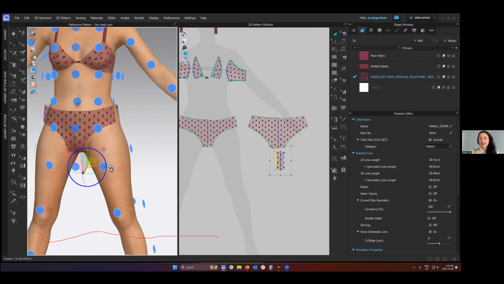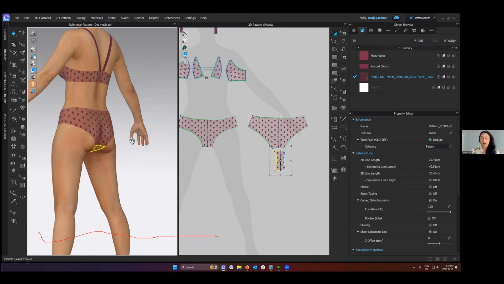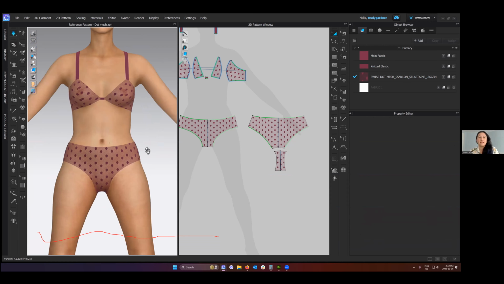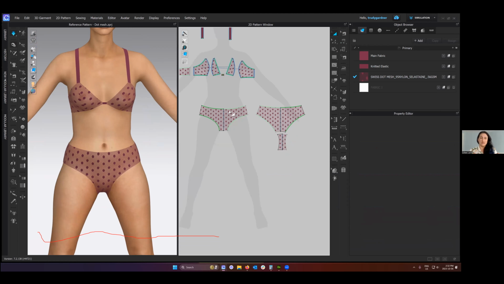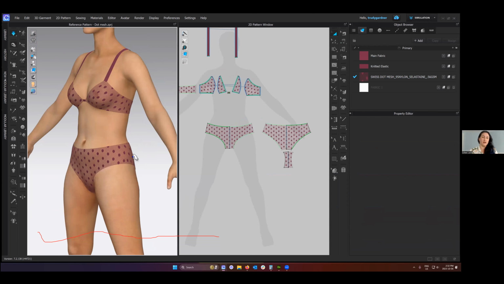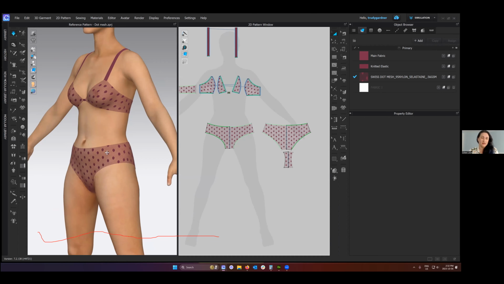And then the next tool I like, which I'll just speak about at a high level, and I know the team's going to talk more about it in detail, is the sewing tool. There are different types of sewing tools: a segment sewing tool and a free sewing tool, and I believe there might be one other. In general, I like the sewing tool because it shows you how your pieces are coming together. So if you see those lines, if you're trying to sew something together, if they pull it out,